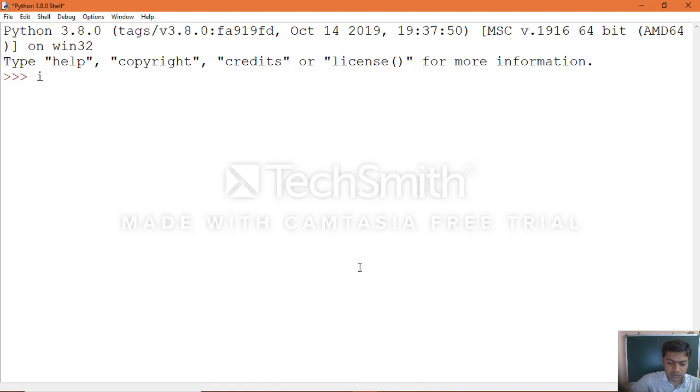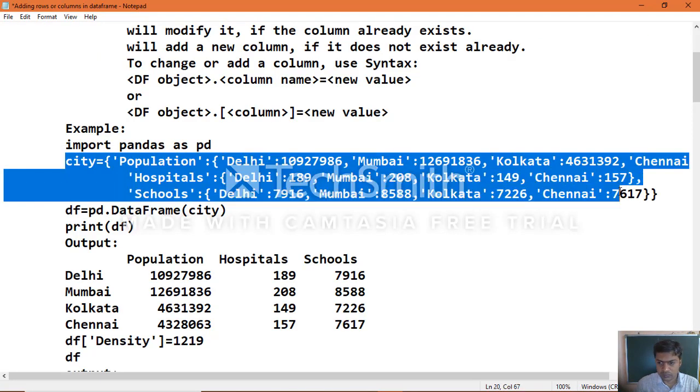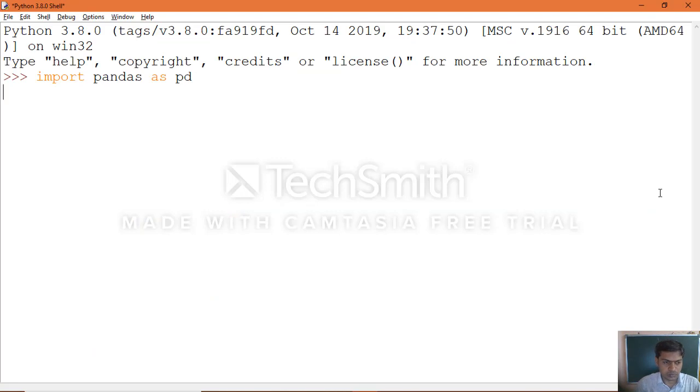First import the module. Once you import the module, then create the dictionary.